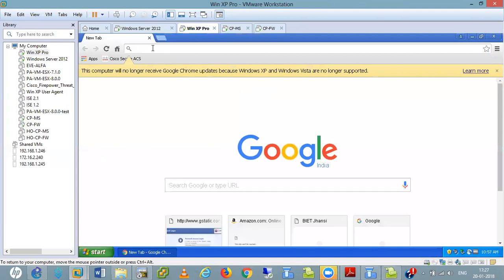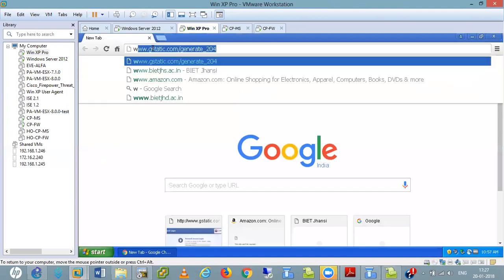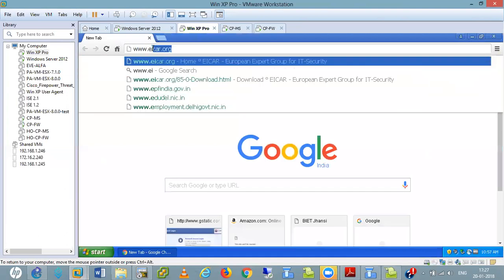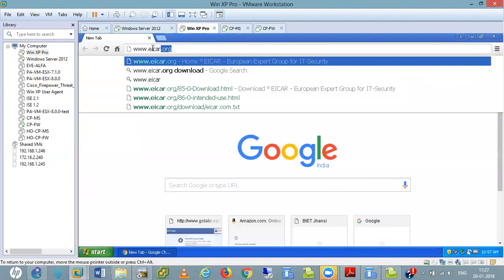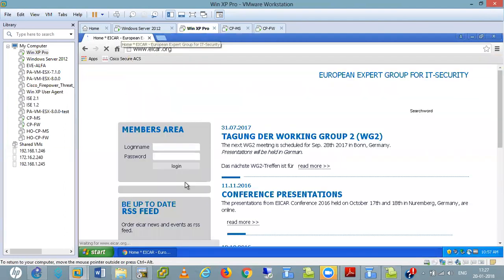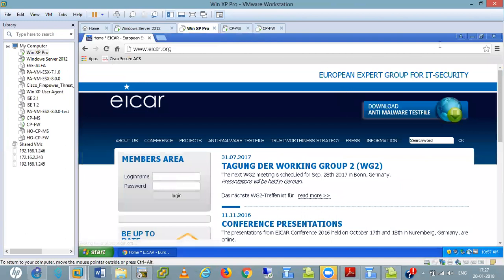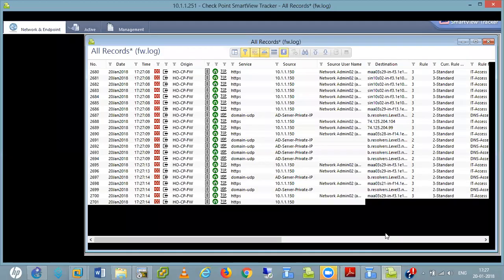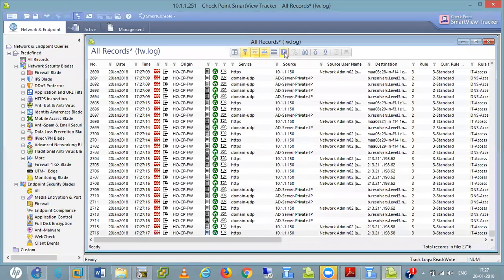So now I am going to a website, www.icar.org. Got access. Let me also verify why I got this access.